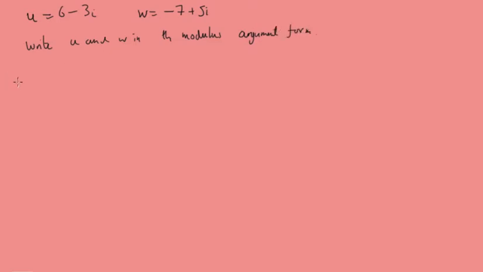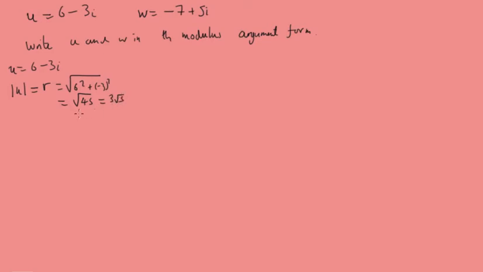So let's take u first, and we know the modulus of u, which is going to be equal to r, is going to be the root of 6 squared plus minus 3 squared,